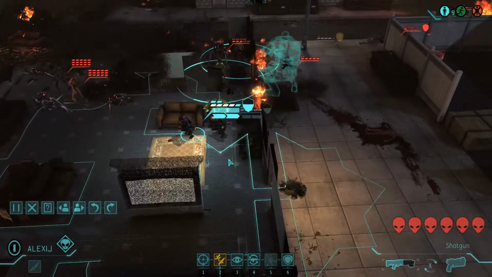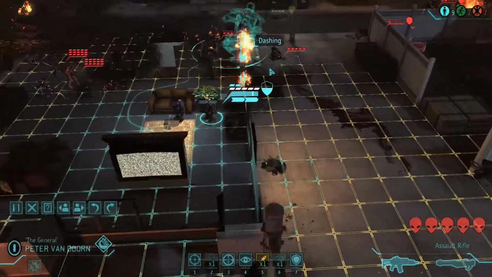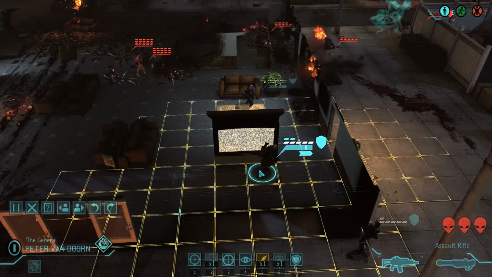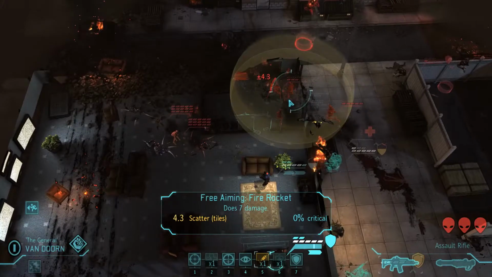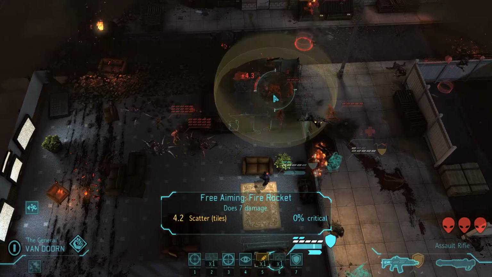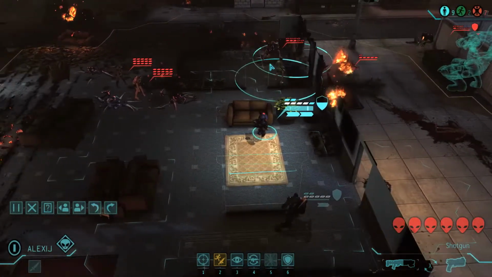That's a lot of targets you have there. Okay, what I might do is move you here. Hopefully you can see that floater. What can you see? Can't see that floater. That's brilliant scatter. I might actually be willing to take it though, because that floater needs to die,